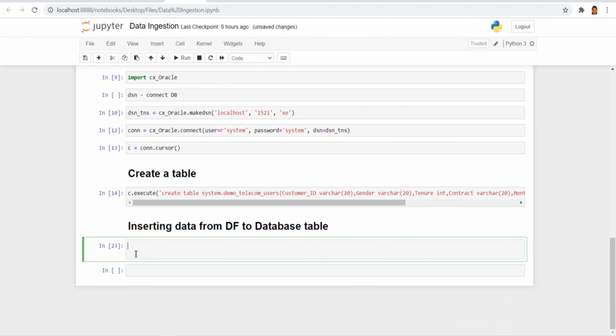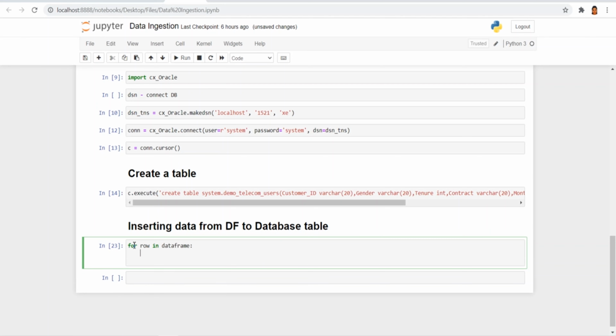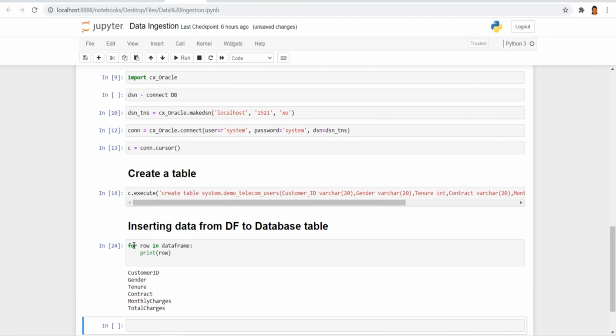Now the next step is inserting data from the data frame into the database table, and for this we are going to use a for loop. So for row in data frame, let's see what is going to print. Just print row. Here you see it is printing only column names but not the values, and for inserting data we need values.